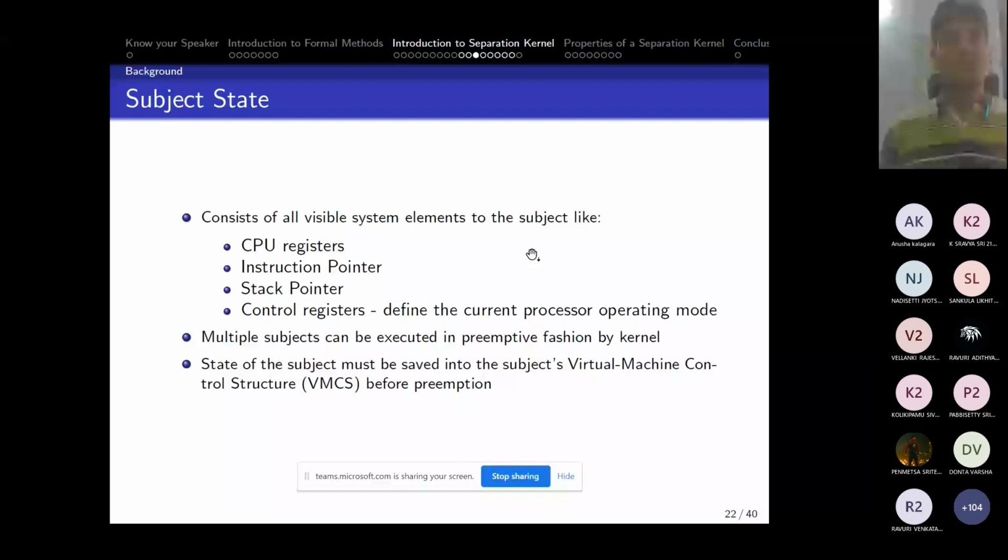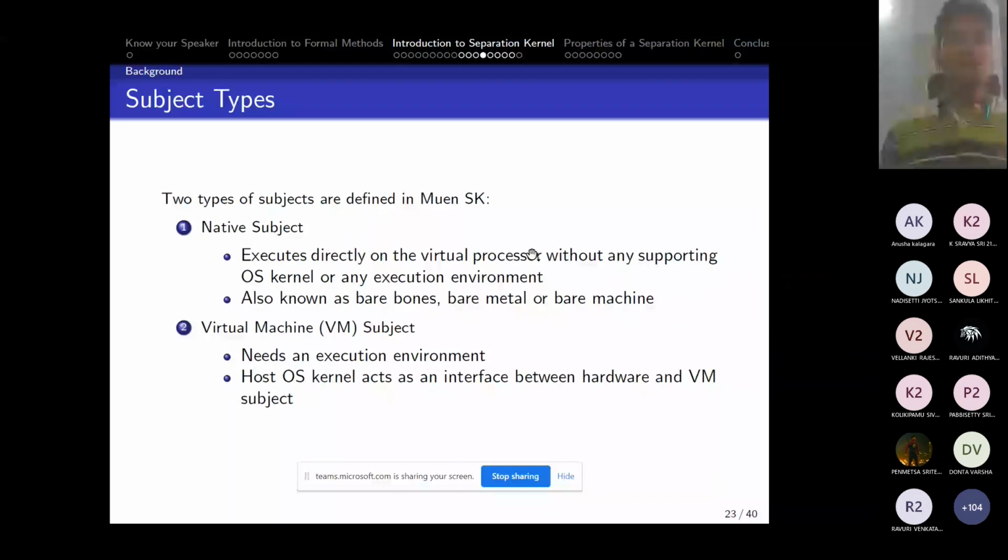There could be two types of subjects. One is native, another is virtual machine subject. Native subjects are the subjects which can directly execute on the core of the system or on the hardware of the system. You don't need any host operating system for that. But virtual machine subjects need a host operating system.